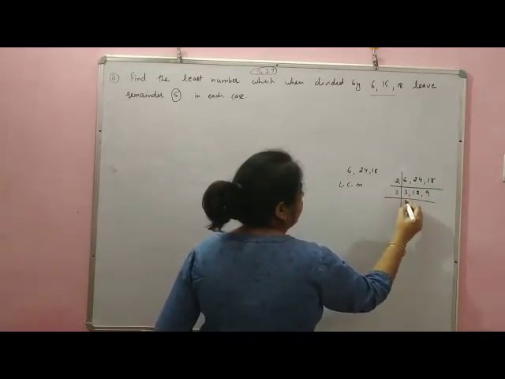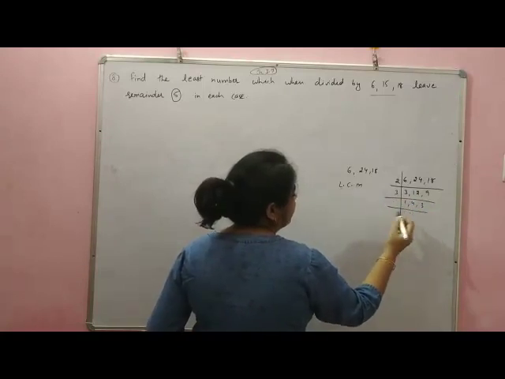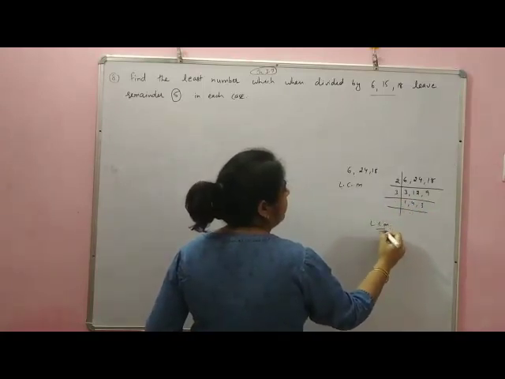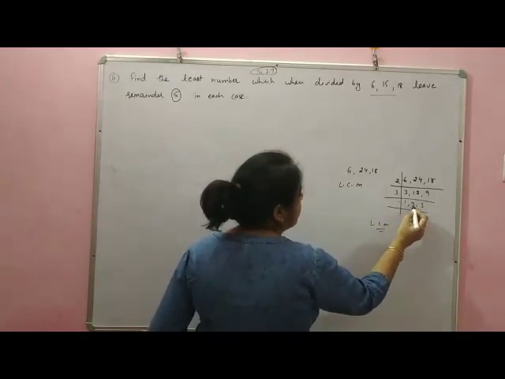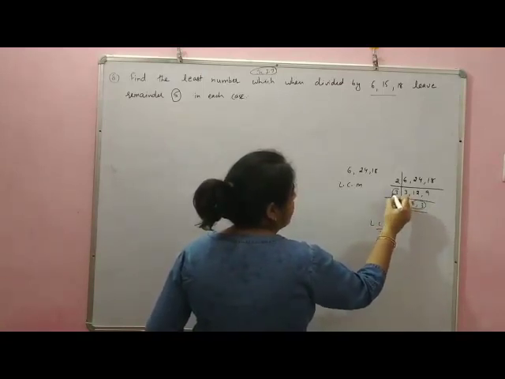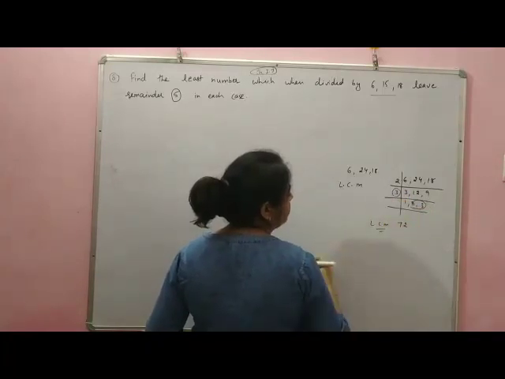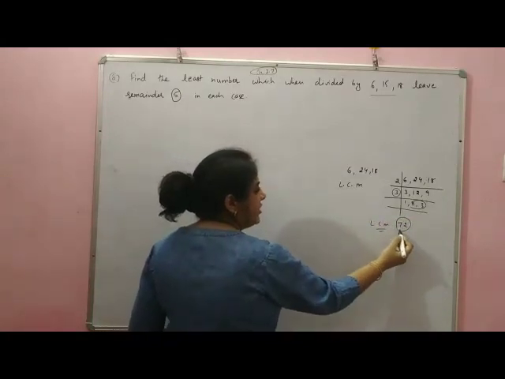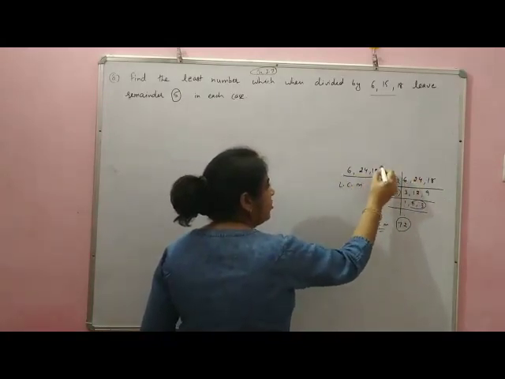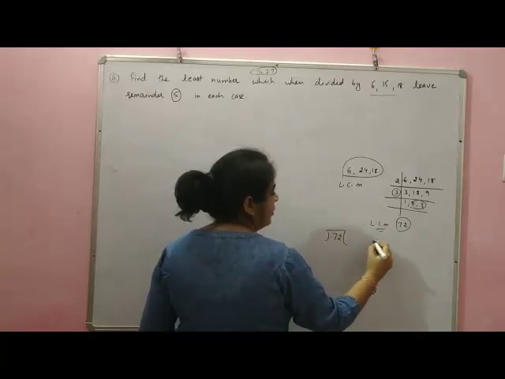Then we take 3 again: 3, 1, 4, 3. When you find the LCM in the proper way, the LCM is 12, 36, 72. LCM is 72. So, when the LCM is divided by all three numbers separately, you may observe...